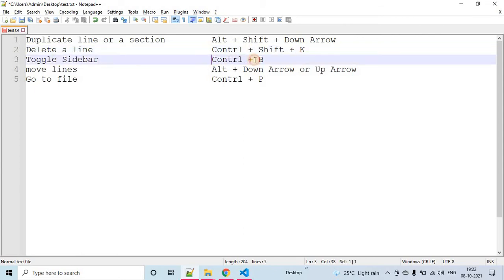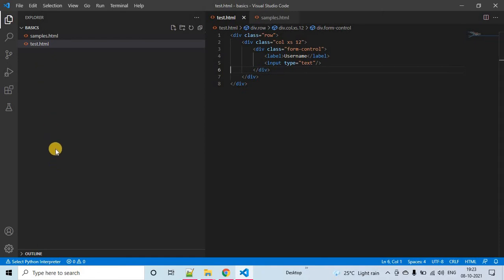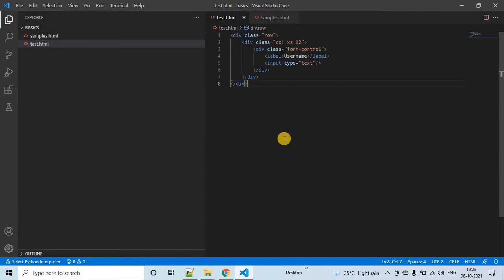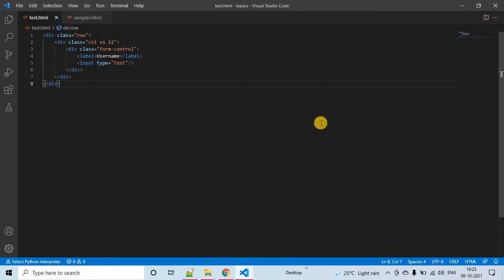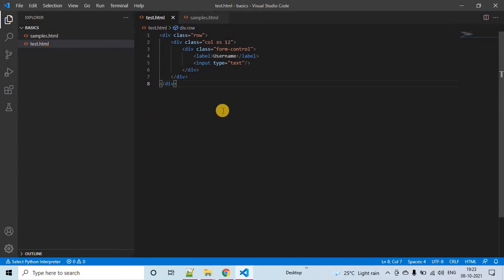And then I wanted to open the toggle sidebar. See, when you are opening, for example, this is the sidebar. I wanted to see only this as a complete window. So the shortcut is Control B. See, again, if you want it back, you press Control B. It'll toggle the sidebar. So whenever a developer wants to see full screen, they can. And if they wanted to see the total file structure, the hierarchy, you can do Control B again.